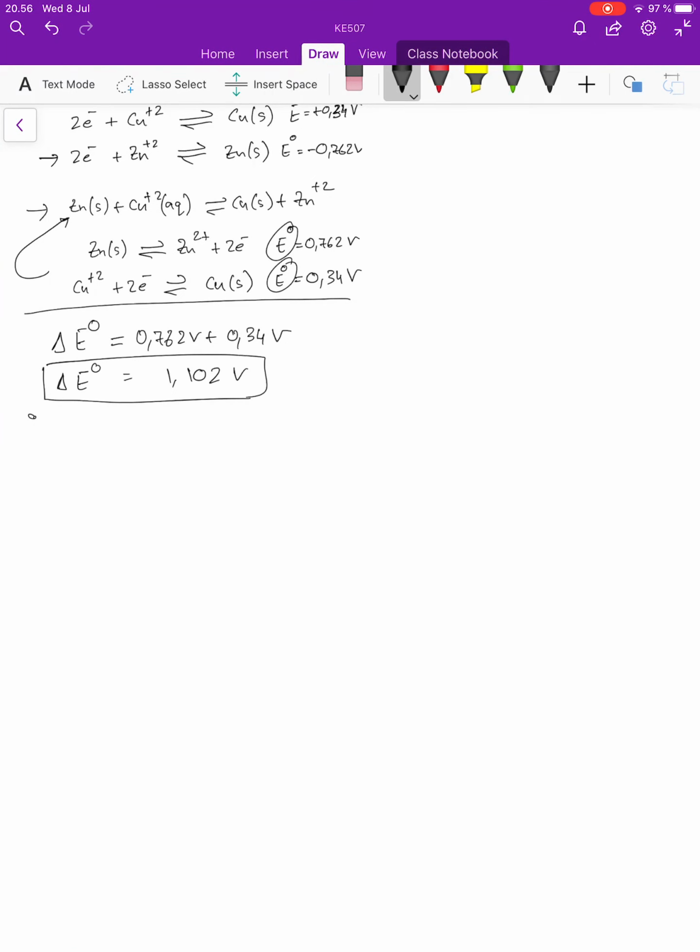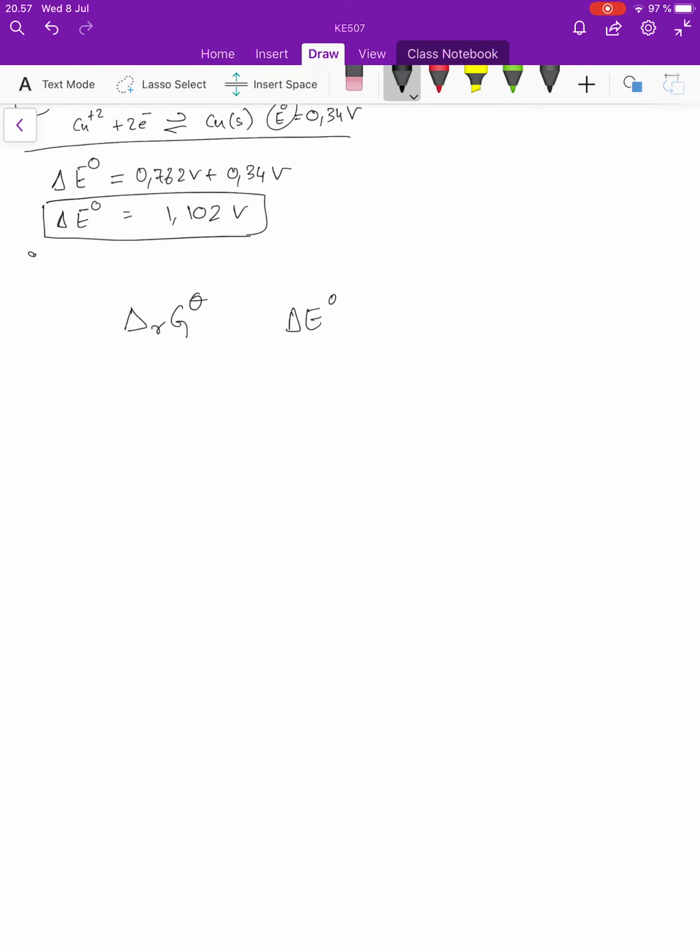The third part of the redox reaction videos relates the Gibbs free energy of the reaction to the standard reduction potential. To understand this, let's go back and calculate the work done when you move a charged particle through an electric field. The work done when you move any particle against a force F by a distance x is given by F dx.